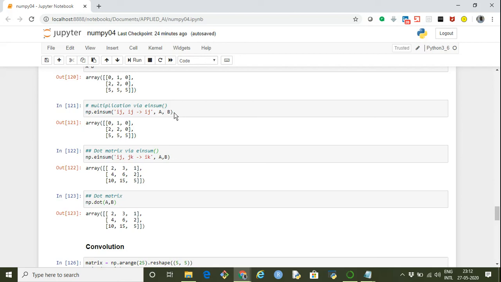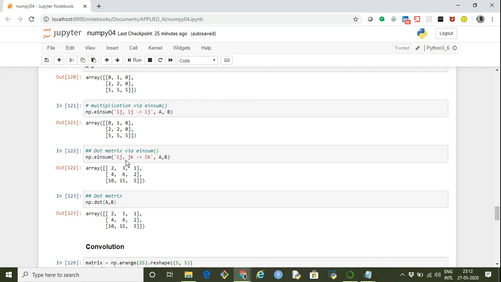Now if we want to do the dot product, like the matrix multiplication we do in linear algebra, we just give it like this: np.einsum ij, jk. This ij represents the axes of A, and jk represents the dimensions of B. We know two matrices can be multiplied in linear algebra only if the columns of the first matrix equal the rows of the second matrix.